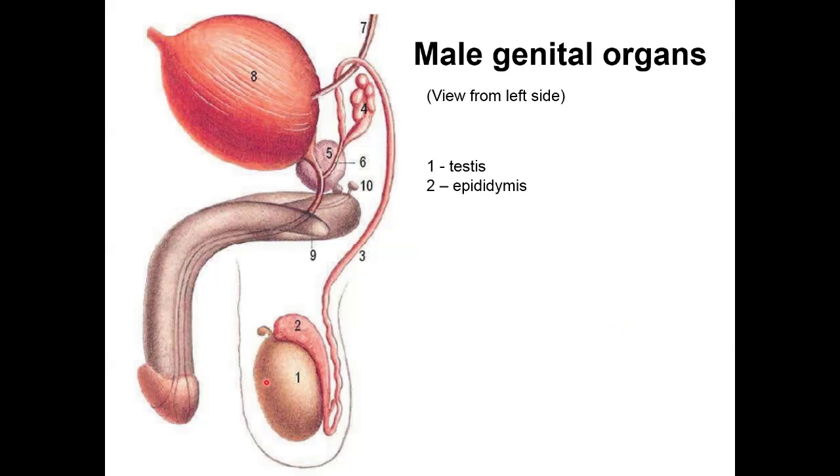Sure, inside of the testes there are a lot of seminiferous tubules, and after they excrete the semen inside of the second structure, number two, epididymis. Epididymis. After, from epididymis, the semen is transported through number three structure. Number three is Ductus Deferens, special canal through which semen is transported from the scrotum